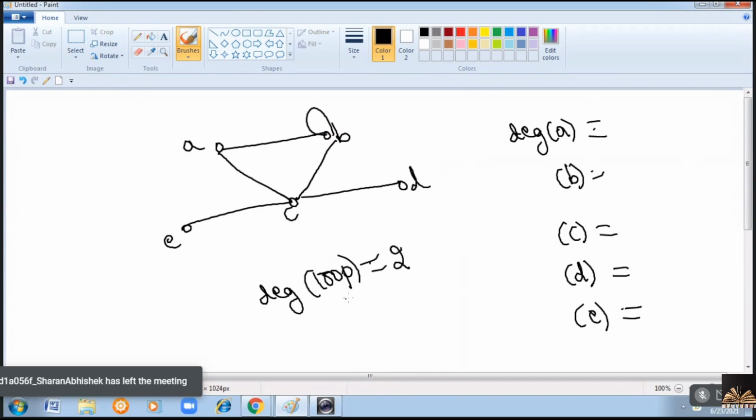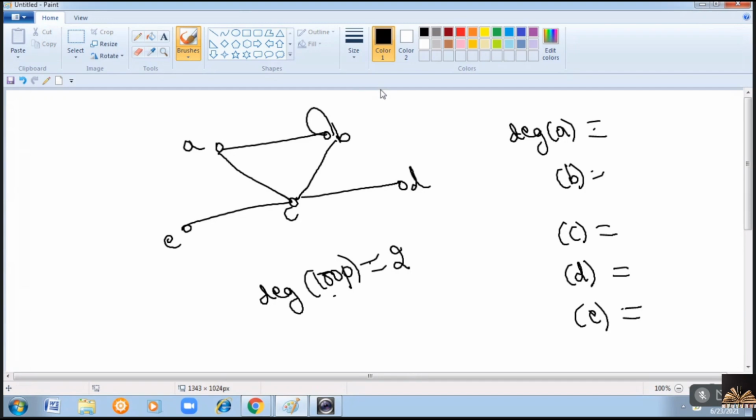If there is a loop formed at any vertex, then to the degree of that vertex, a value of 2 will be added. That loop represents the degree as 2. Why? Because it is an undirected graph. So 1 and 1. You can treat it as 1 and 1. Clear? Let us suppose we have multiple edges from A to B, one we will treat as 1 from A to B, one will treat as B to A. Same with my loop. So one loop will contribute a degree of 2.